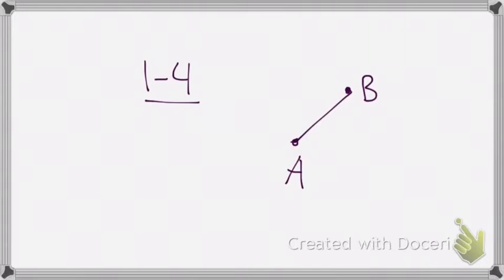Okay, so for the quiz, for 1 through 4, you're finding the distance between 2 points. I'm just going to make this up. We'll say this is B, and we'll say this is A. So this is A, this is B. If we want the distance from A to B, again, we're going to make a